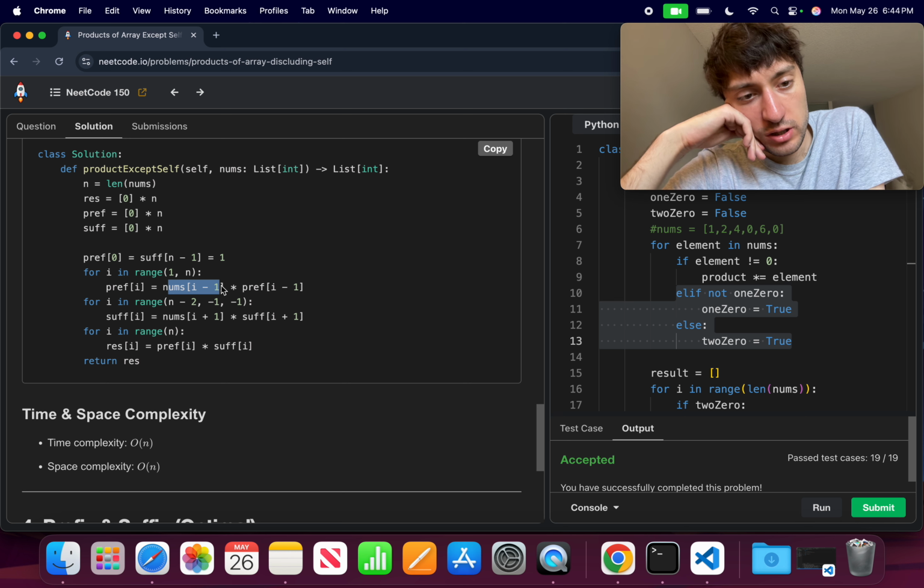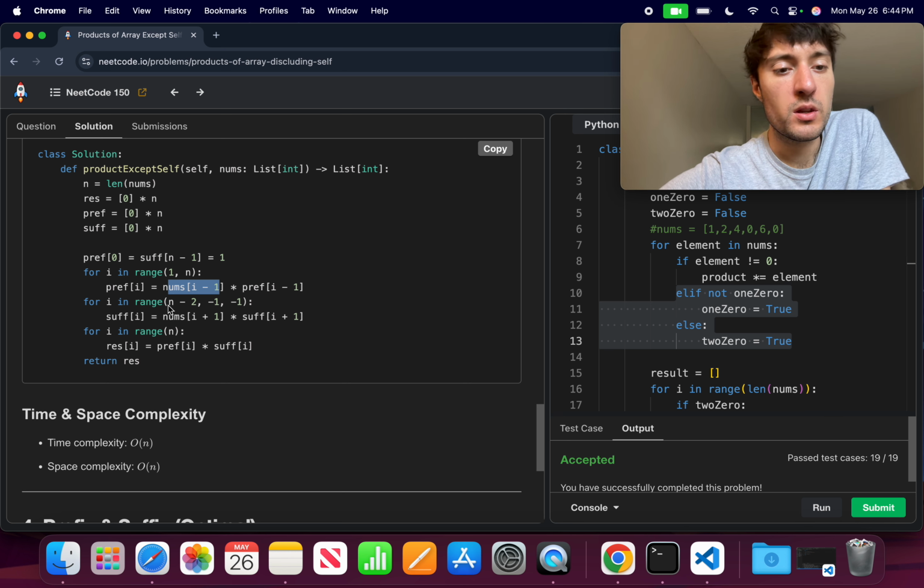For range in n minus 2, so we're starting at the second to last and going to 0 and decrementing 1 time. We take the suffix and it's equal to that, okay? Result equals